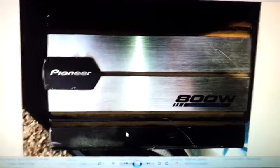I bought this Pioneer 800 watt maximum power monoblock amplifier. I was trying to wire my MA Audios up to this. All I got was a whole bunch of humming, and there was a little bit of bass, but mostly just a lot of humming, so I don't know if it just wasn't giving them enough power, or